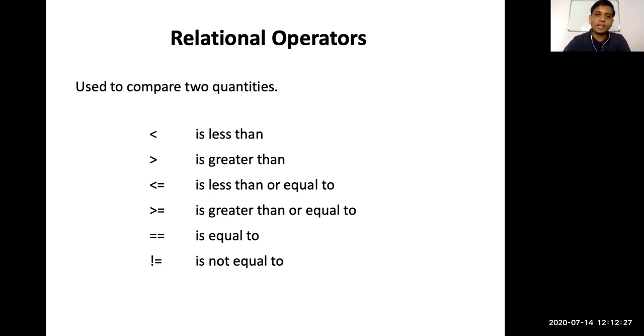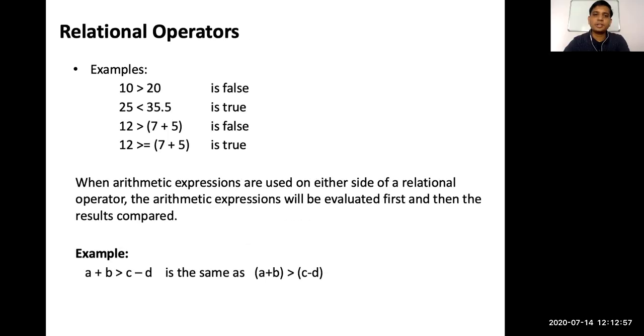So if A is equal to 10 and B is equal to 2, then A less than B will give what result? A less than B, is the result true or false? Zero, false. Zero means false. Okay, the result is false. So according to the actual result, you can get it.